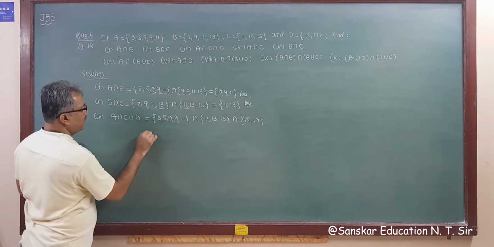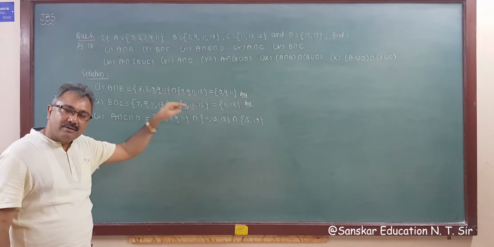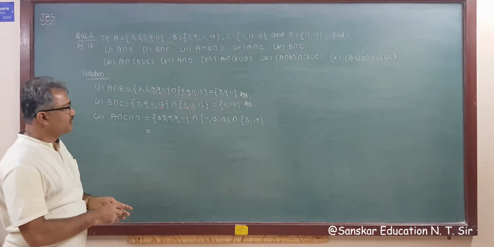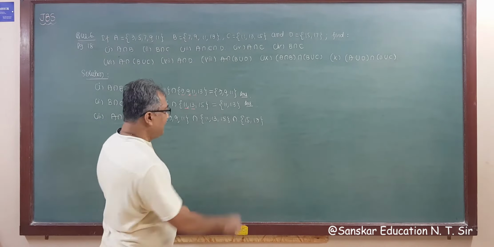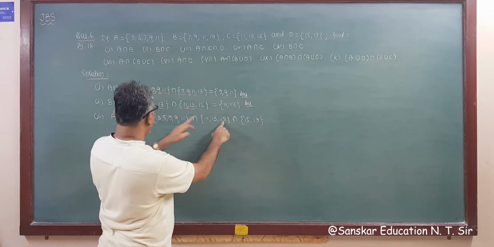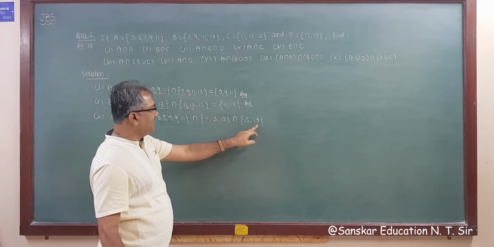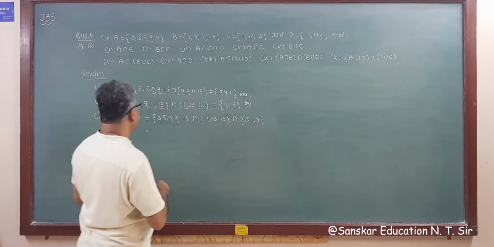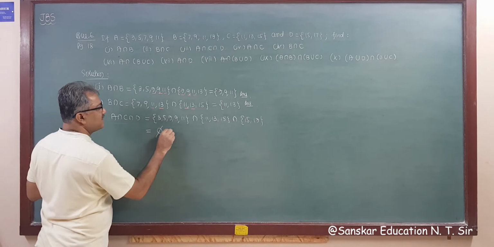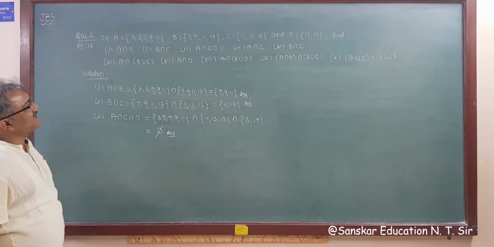So now you have to find the common elements in all three sets, right? This set has fewer elements, so we will check with this. Is 15 there? Yes, but 15 is not in A. Now 17 is not in set C. So the intersection of these is empty. So this is your answer for A intersection C intersection D.